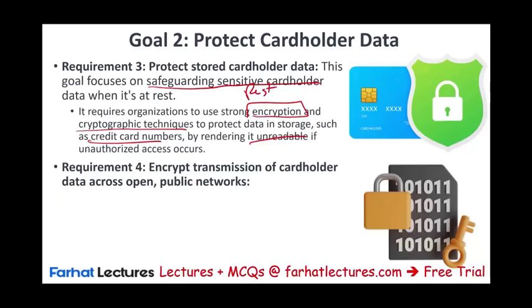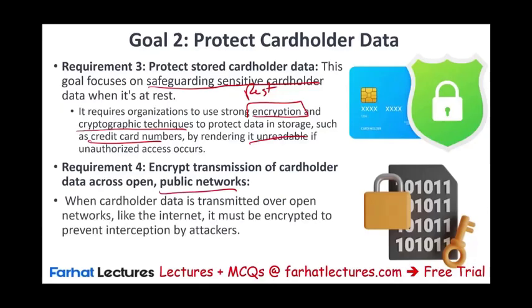Now, the encryption of transmission of cardholder data across open public networks. When someone buys from you, they have to submit this information online. That's a public network. You want to make sure that information is protected in transit. So at rest, it's protected. In transit, it's protected. And this is where encryption is even more important, because on an open network, with a little bit of effort, a hacker can intercept this information. If they intercept it, it's encrypted. And if you don't know what encryption is, just know that they cannot read it.